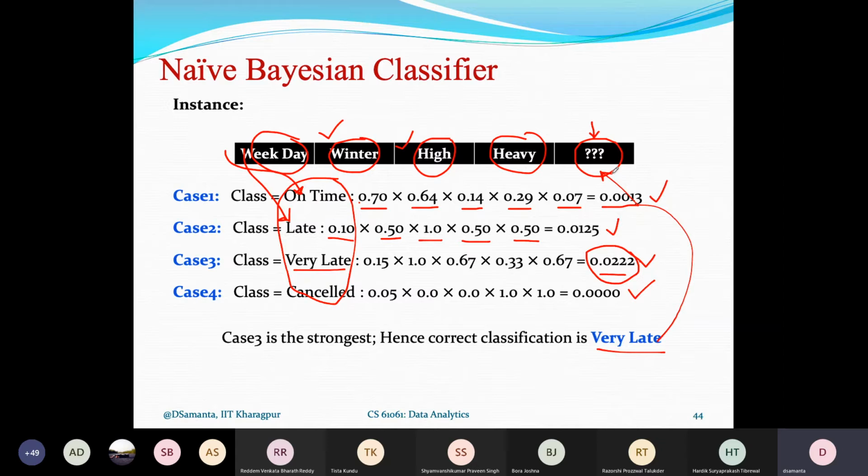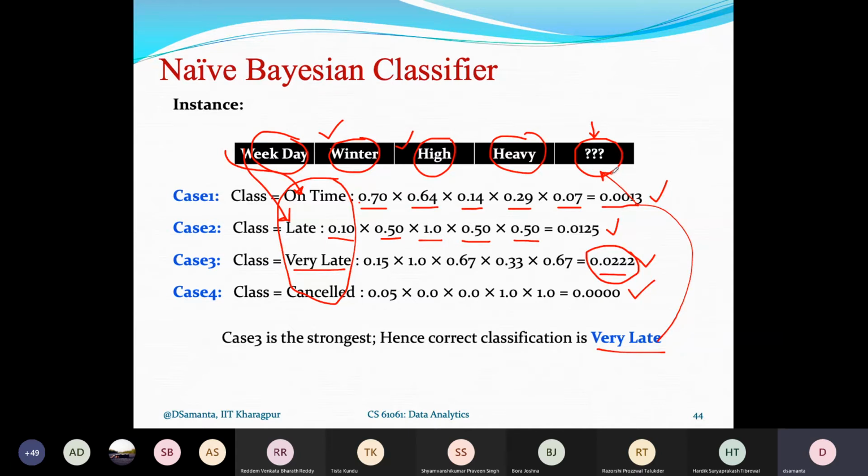Now this is the procedure, and you may have another question: if 2 probability calculations have the same value, then definitely you can take any one, because they are both possibilities. So you can predict any one class. Although it is an ambiguity, it is like this only, but it is unlikely that 2 calculations give you the same probability values. So this is the idea of how the Bayesian classifier works.